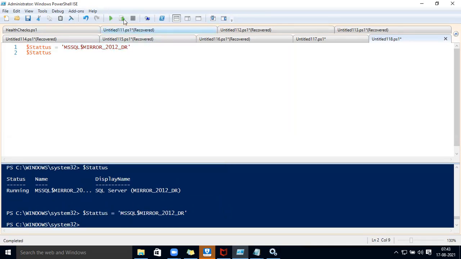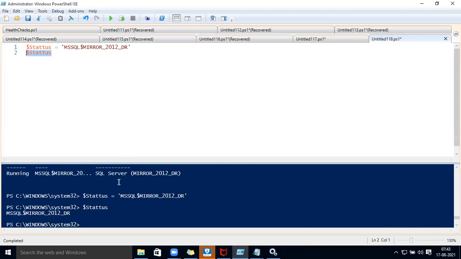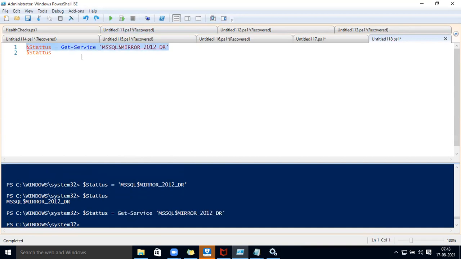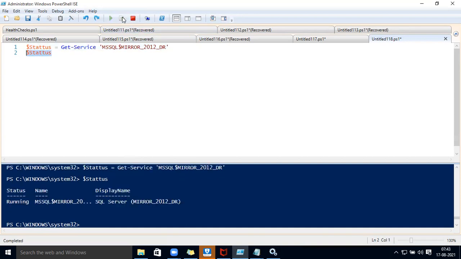This time, if I will go and run this, what happened? It is just the name what we have given, it is stored here. But if I will give the Get-Service, the information is going to be stored into the status. So now if you will run this, it is giving all the information related with that service, display name, if it is running, not running, all that.